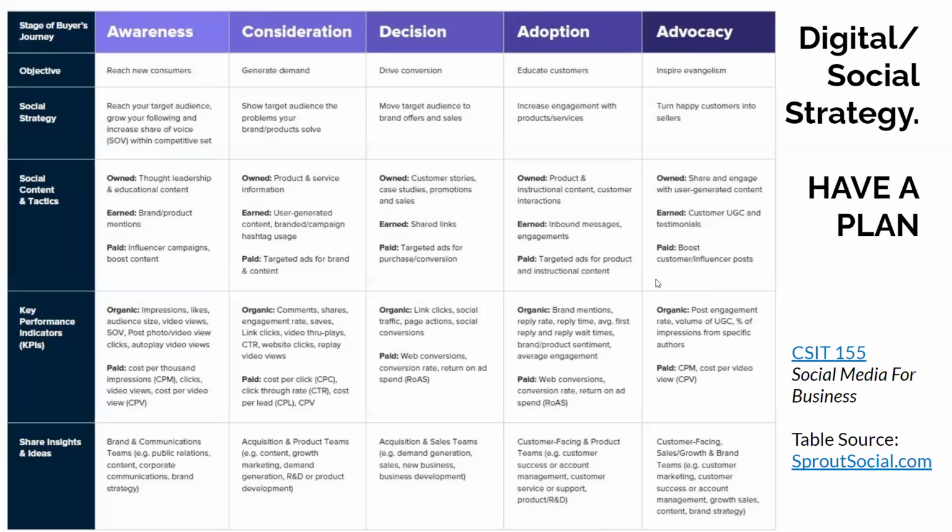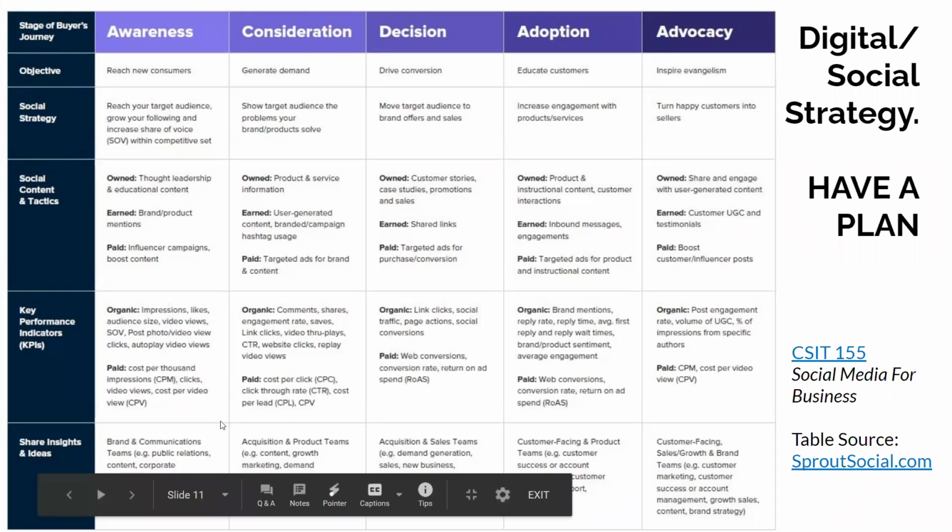But take some time on this if you're interested in working in this space and just digest it, because it really helps you out. And once you have this understood, then that helps you start formulating an actual content calendar and plan. And then this fifth row is KPIs, key performance indicators. What we were just talking about earlier, you could also call these metrics. Right? So what are we going after? What are our performance indicators that our efforts are working? These are our KPIs, also known as metrics. You can see those change depending upon which stage you're at.